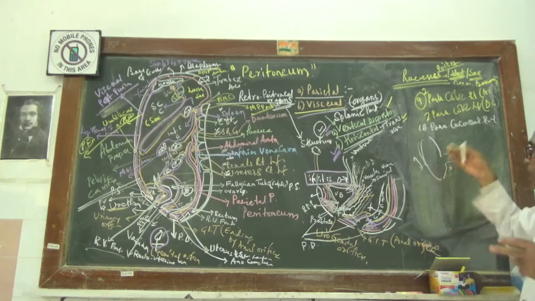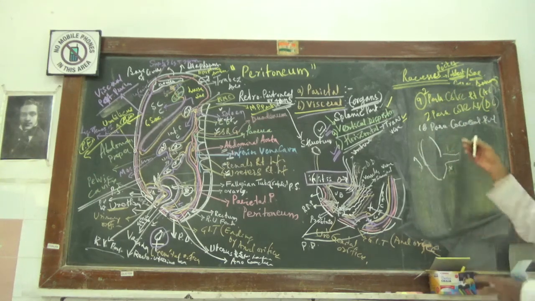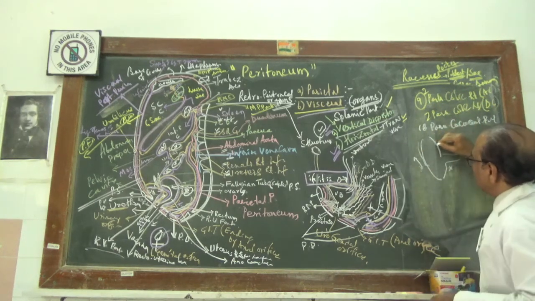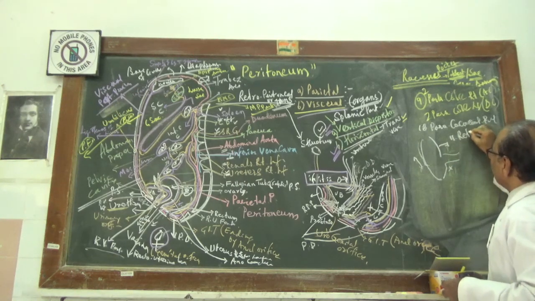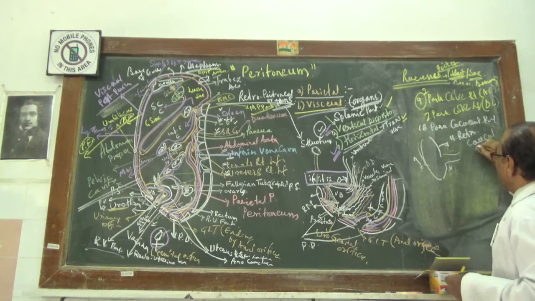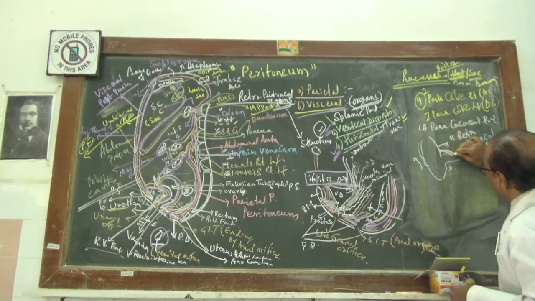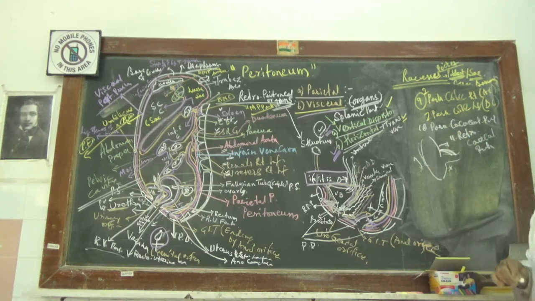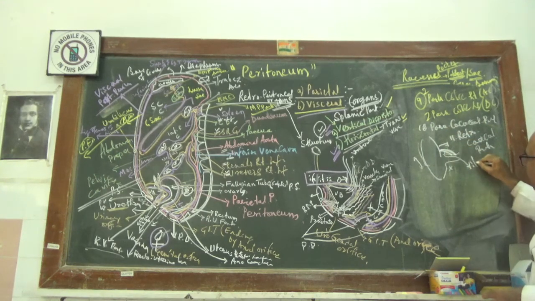Then, when it joins the right part of the mesentery after covering the front part, medial part and lateral part of the cecum, it goes behind, covers, and then goes to the right iliac fossa. That is called the retrocecal pouch. Then you will have one more pouch, the ileocecal pouch, or cecal pouch.